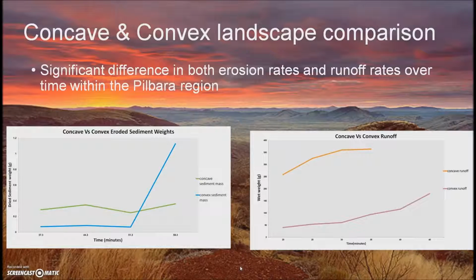Evident from these two comparison graphs, convex landscapes show major signs of weathering and erosion when compared to concave landscapes. Convex landforms exhibit a spike in erosion rates, whilst concave landforms seem to fluctuate, slightly increasing and decreasing again over time. This is dependent on sediment deposition rates. Convex hill slopes have a much greater and rapid runoff rate over time compared to the concave landscape, which slows down over time and, rather than gushing off the downward slopes like convex slopes, will pond within the gape in the landscape.